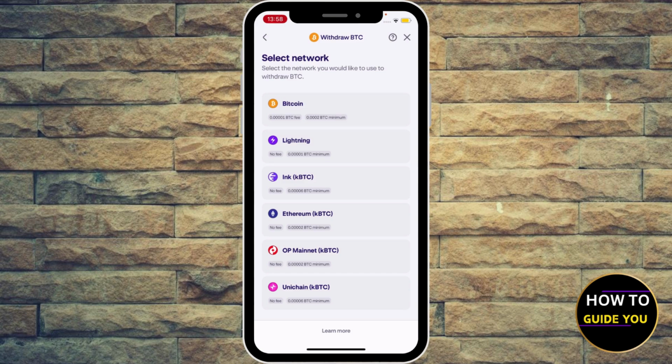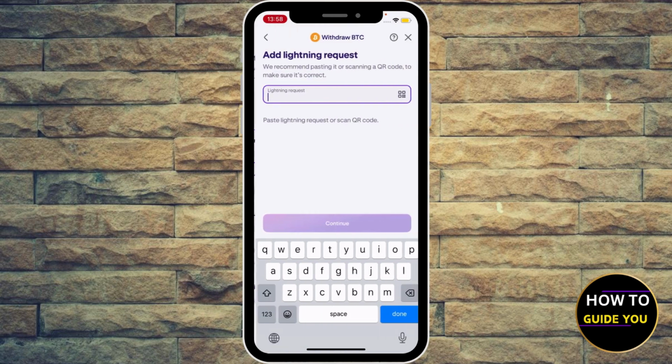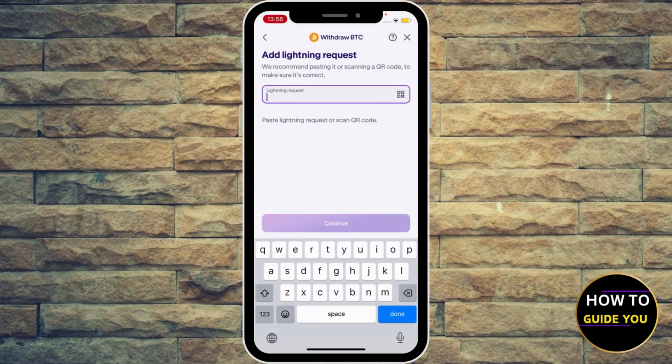Because some platforms don't deal with the same networks, like, most famously, the Bitcoin network deals with most of the trading or even crypto trading websites. So select the network, and after you select the network, you're going to go ahead and continue and enter the